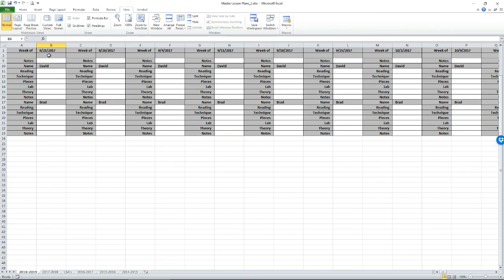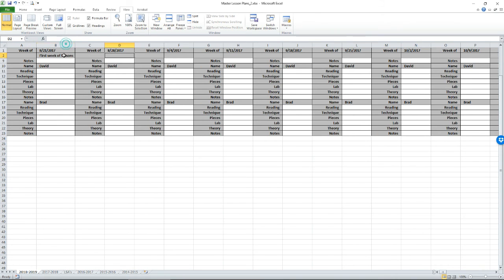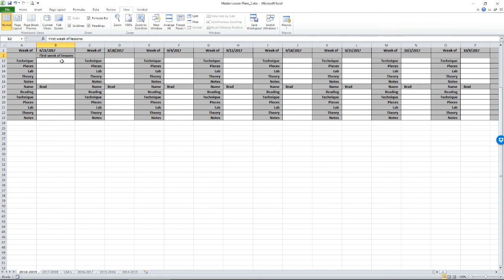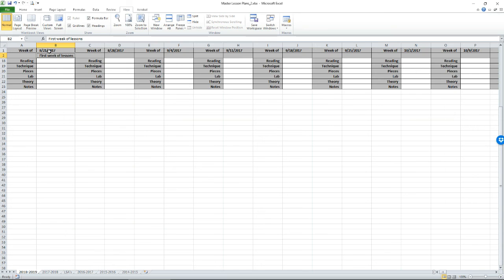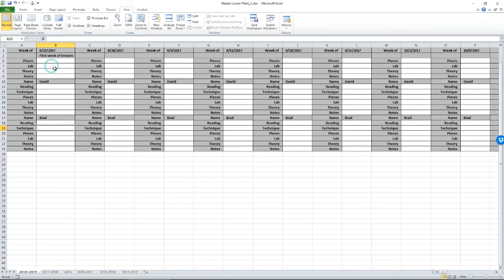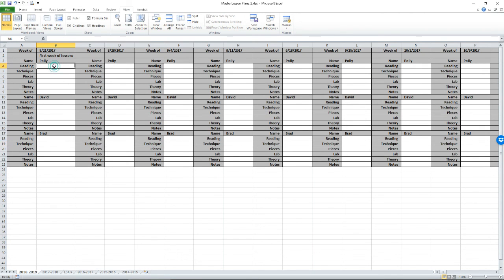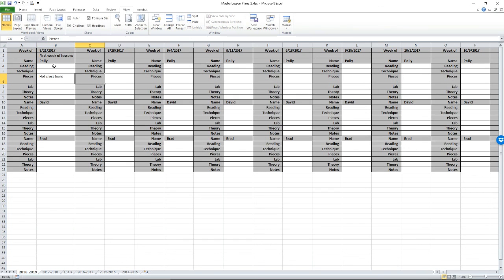And now that top row, so I'll just put here first week of lessons, right? So that's one of my themes or whatever, first week of lessons. You can always see what's going on that week and then what week it is. So one thing you may have read in the blog post is that I like to, in my pieces, write down one that they've done. So let's just put hot cross buns and say they're still working on that song this next week, and they